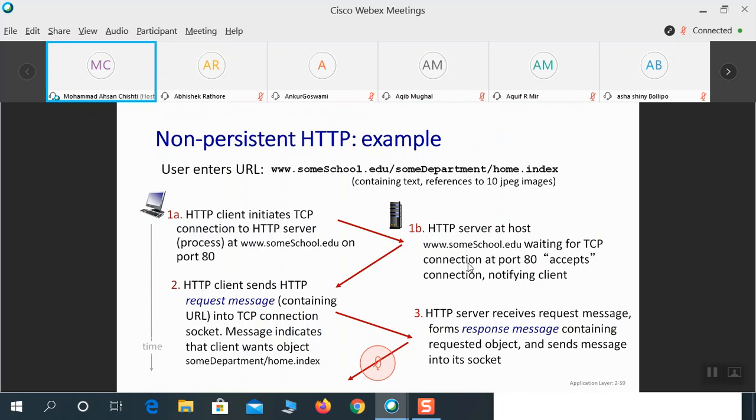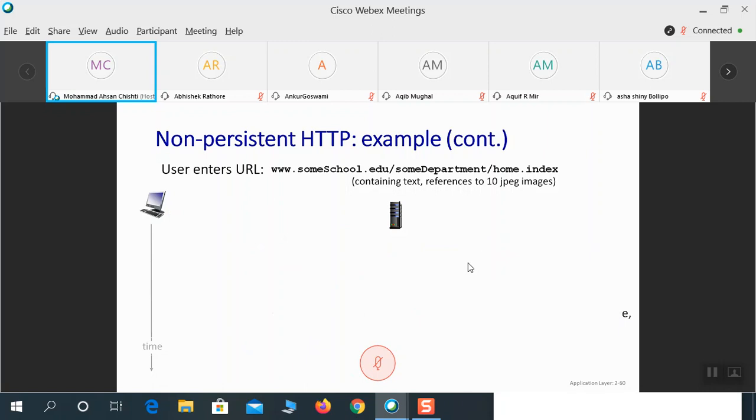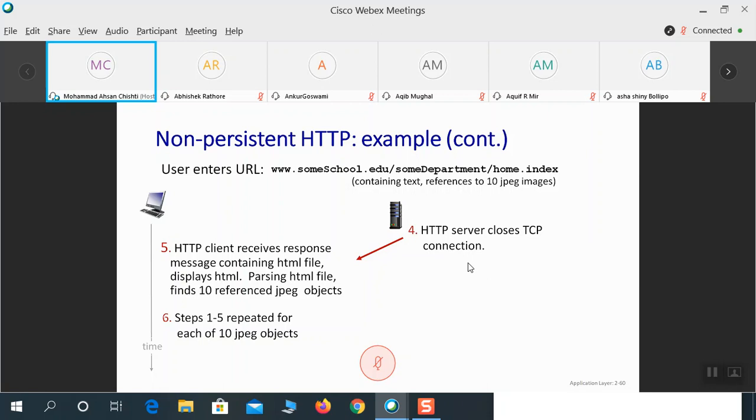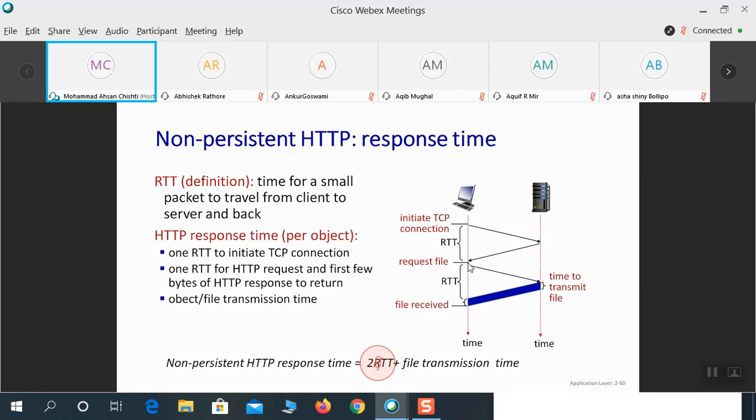Now it will send a request for the image. First send a connection, accept the connection, request for the image, then gets back the image. Then for the second thing, third thing, then so on. And it would do it again and again. And this connection would be for each object that has been referenced within that HTML file. Separate connections, separately downloaded each object.